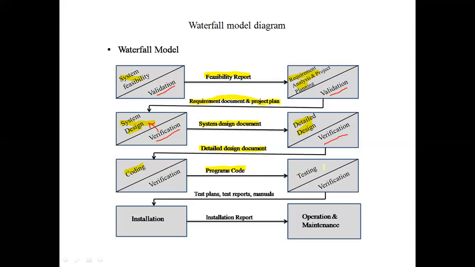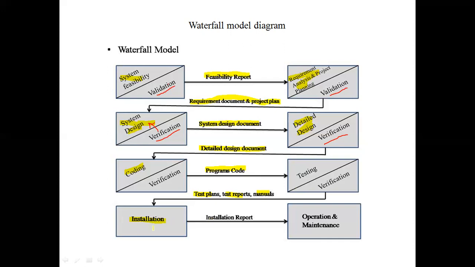You will perform the phase of coding, again verify this phase, produce programs and code, and pass it on to the phase of testing. Again, the phase of testing is performed and verified, and if you keenly observe, here three different documents are produced. The first document is a test plan, the other is a test report, and the last one is test manuals. The test manuals are usually used directly as customer manuals or user manuals. These three documents are forwarded